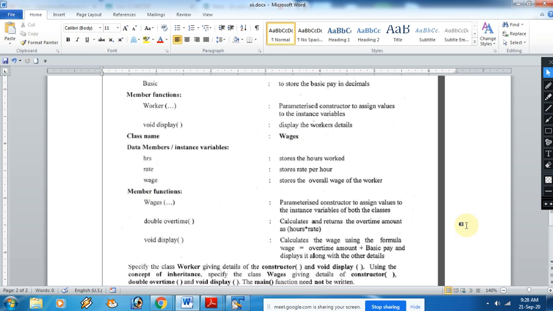In this you need to return the overtime amount, that is hours into rate, a very basic program. And in the display method, you need to calculate the wages using the formula wage equals overtime amount plus the basic pay, which you have already taken in the super class, and display it along with all the other details. Okay.